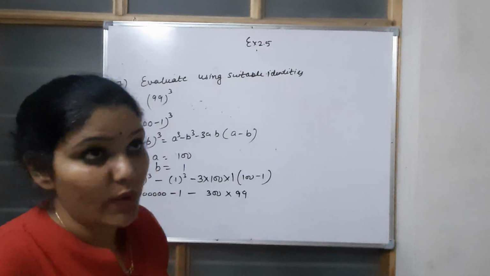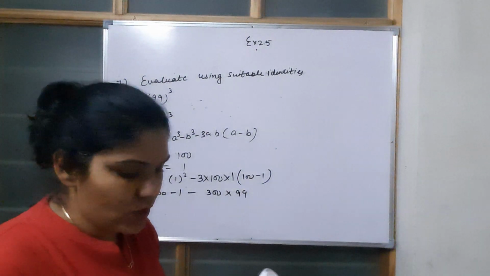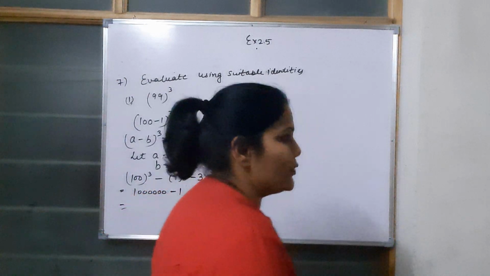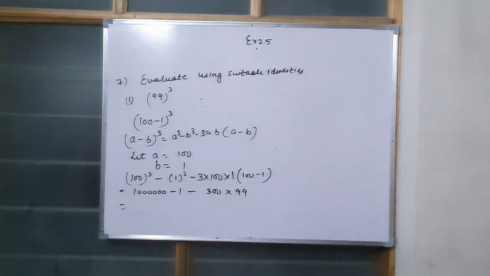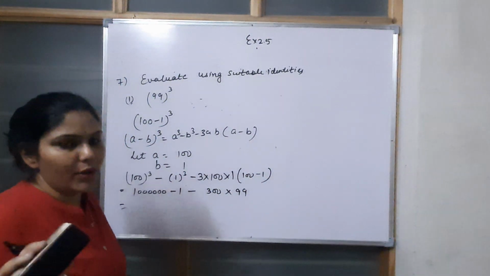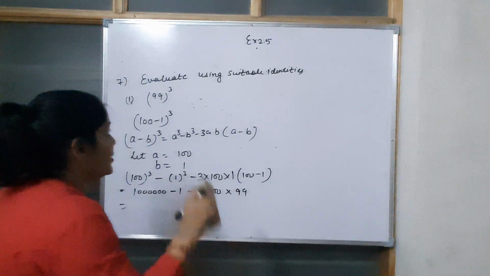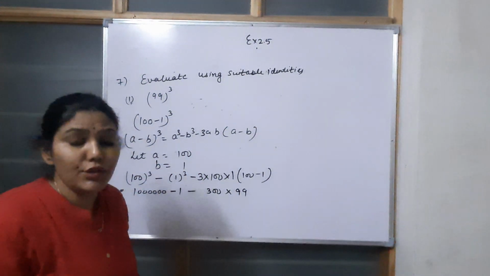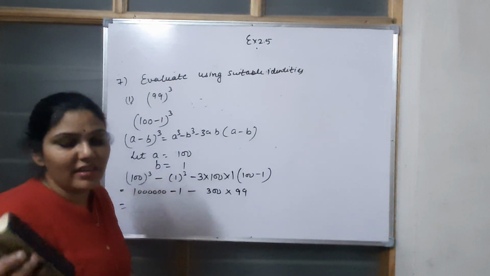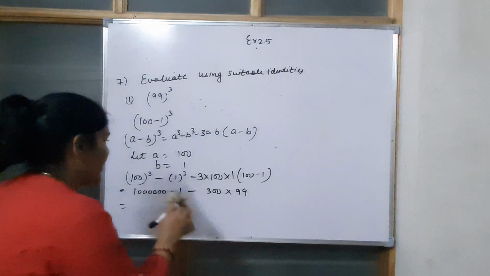I hope everybody is very clear with this. If you get any doubt in this, I'll explain the solutions again. But I just want you to try these types of questions at least once on your own. Alright, so now moving on to the next question, question number 8. For the 6th and 7th questions, I'm going to give you homework. I'll be discussing the solutions in the next class, don't worry, okay? But I want you to try it on your own because these are very easy, and these kinds of questions you have already done in 8th standard. Although you have not applied the identities, directly identity-based questions you all can do. Fine?